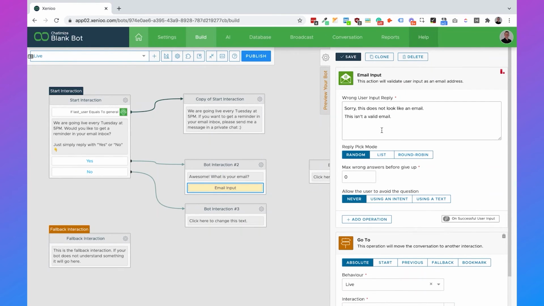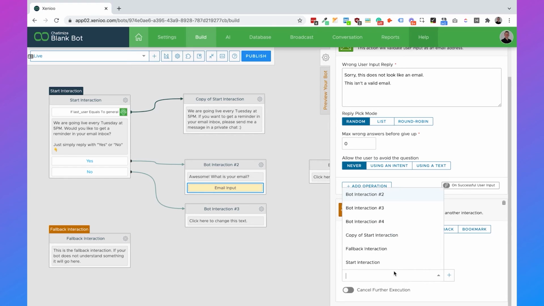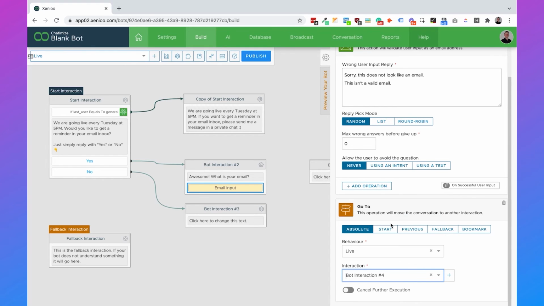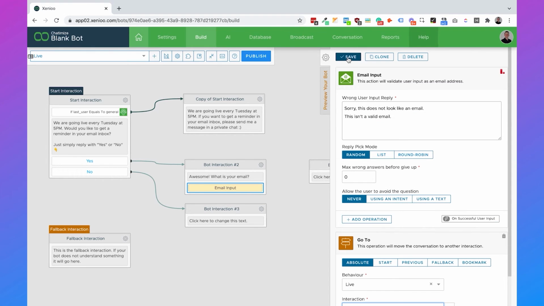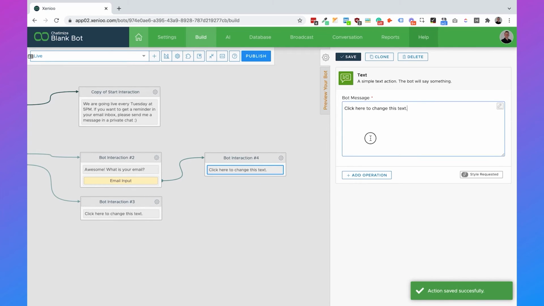And what the email address input does is that it waits on input from the user, and when the user has said something, then it will check whether it's an email. And if it's not an email, then it will say, sorry, this does not look like an email. But when it is an email, then we can send them to the bot interaction 4, and then we can click save,